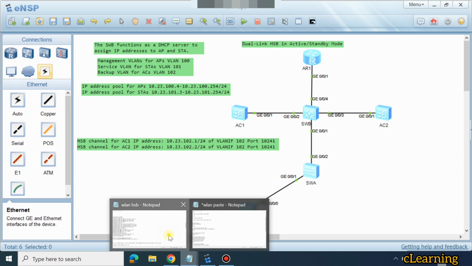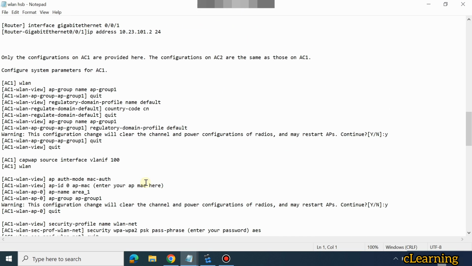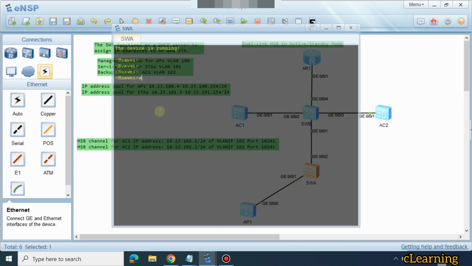Here I write the commands. These are the commands I will share with you in the video description. So let's go toward the configuration. Let's start from SwitchA. First of all, system view, and the system name is SwitchA,